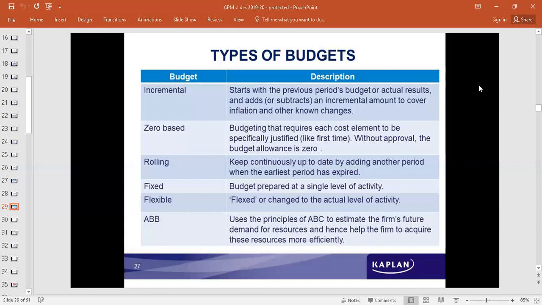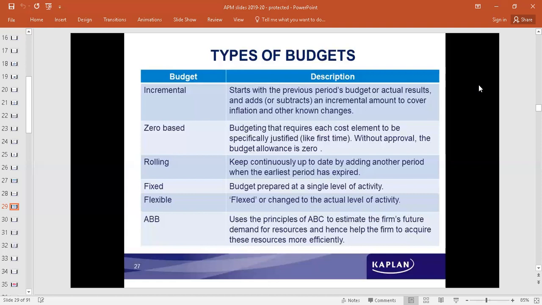So to a great extent, preparation of budgets will not be included in the case studies. But that doesn't rule out the possibility of a question where you are asked to prepare a budget. The chances are very less. But then what type of questions can be asked? Maybe in the appendix, there is a budget already prepared and provided to us. Maybe we have to comment about whether the budget that is prepared is appropriate or not. What else could have been included, or what